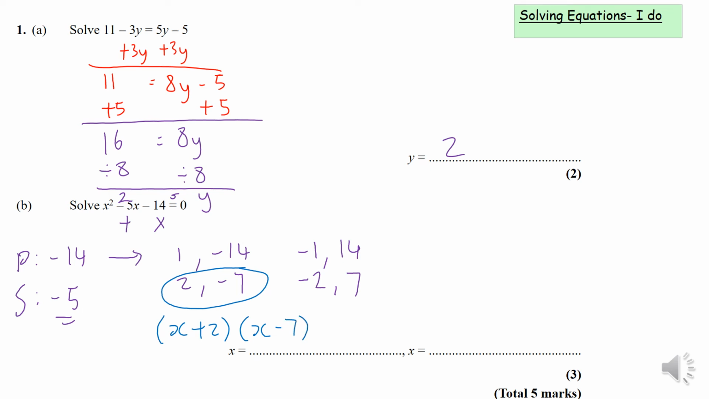take away 7. Okay, so if I was to expand this bracket, it would give me the equation x squared minus 5x minus 14. Now we need to make it equal to 0. So to get the solutions from here, what would x need to be in order for the whole equation to become 0? So x would need to be